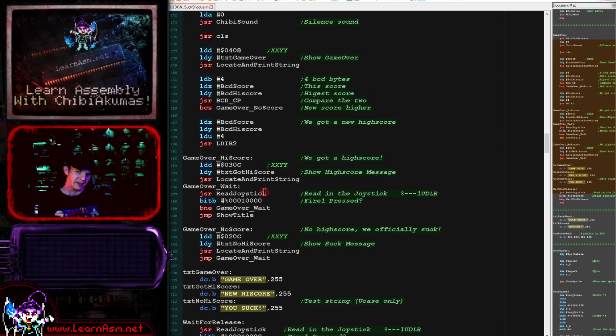Now, this game was originally a Vectrex game, and all I had to do to convert it to this system essentially was change the graphics routines. Chibi sound and things were already ported, so that wasn't too bad. You do have to tweak a few of the minor things, the movement speed of the cursor, the boundaries of the screen, and also depending on the width of the screen you need to change the font drawing routines, but